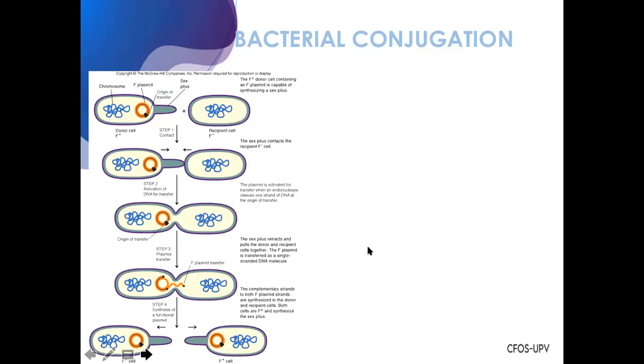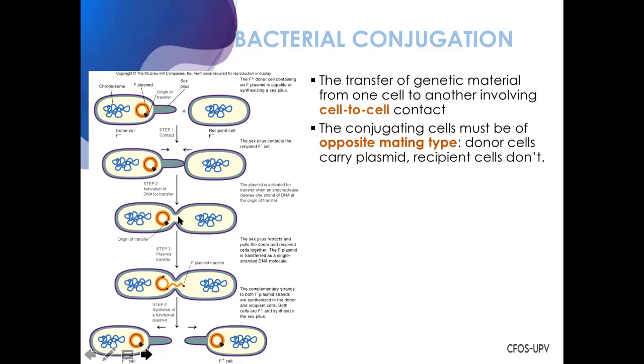Okay, so this is bacterial conjugation. Notice there is a sex pilus here that's involved in the process. This one involves the donor cell or F positive cell, and this one is the recipient cell, the F negative. The one with a sex pilus is the donor cell, or F positive. So the pilus will make contact with another cell, and then there will be activation and transfer of